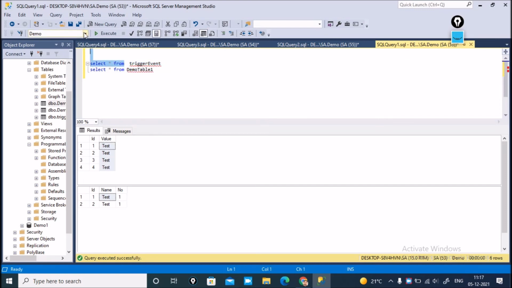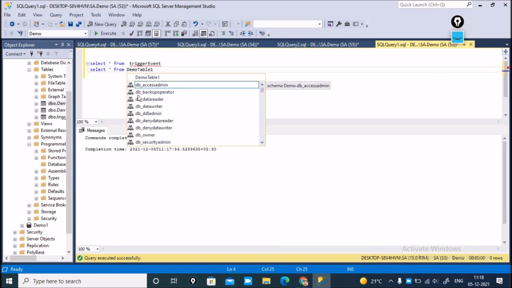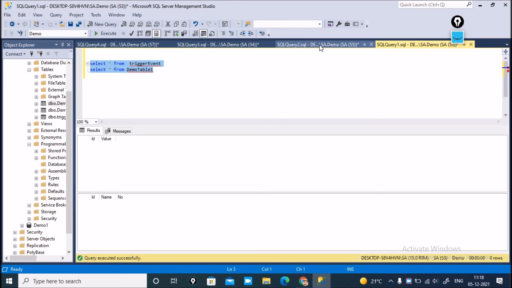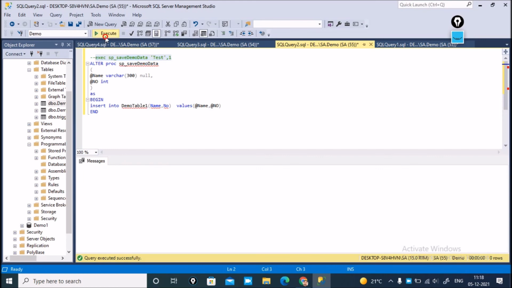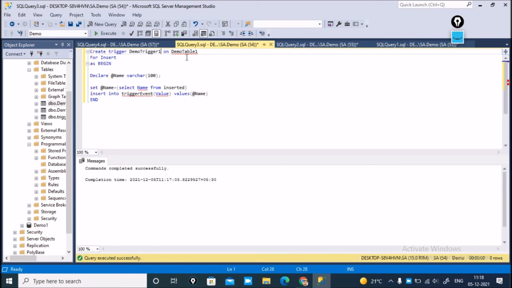truncate this table, firstly truncate, right, and undo, and now execute both tables. They contain null data, nothing, and I just want to hit this SP one time like that, and data is inserted in the demo table, and at the same time we can see that this trigger calls this table 1.